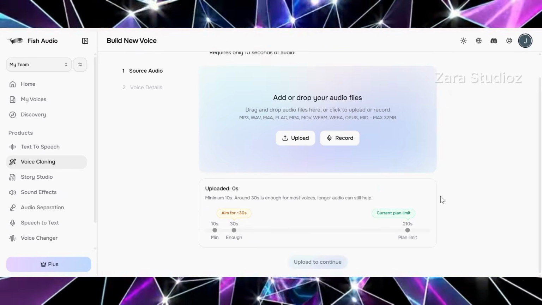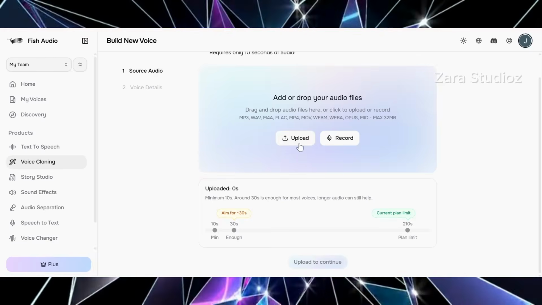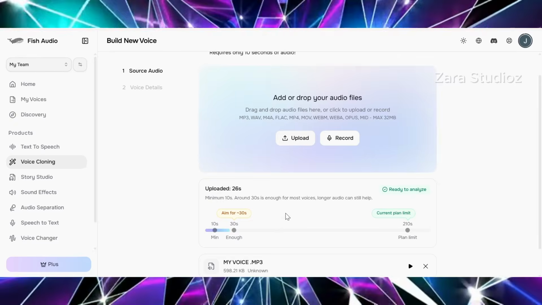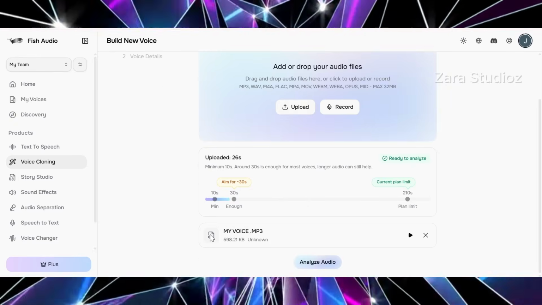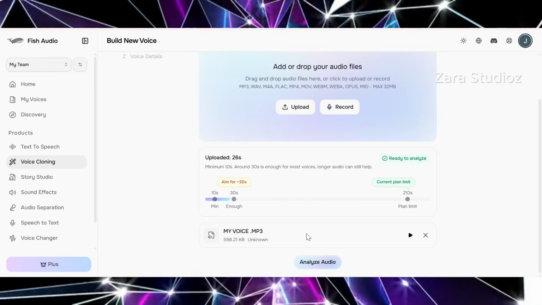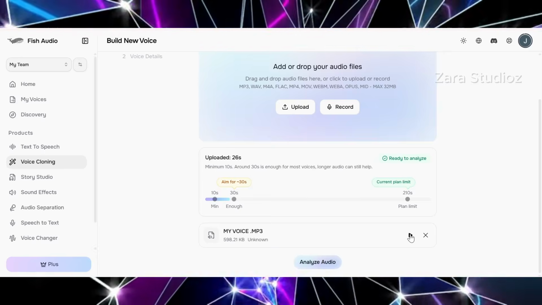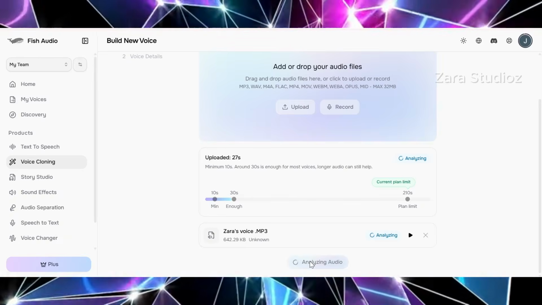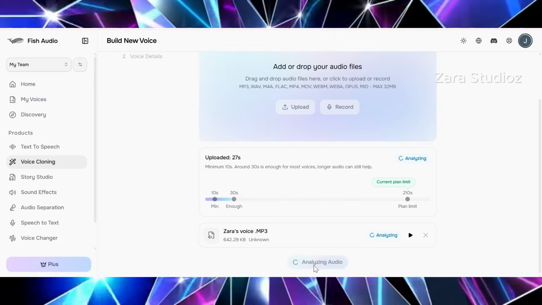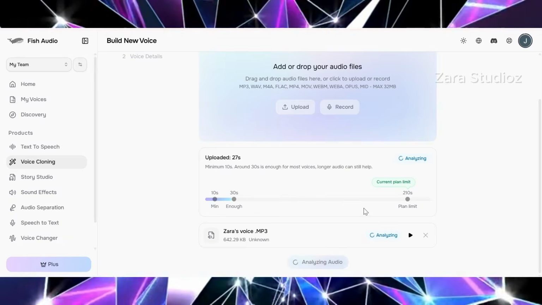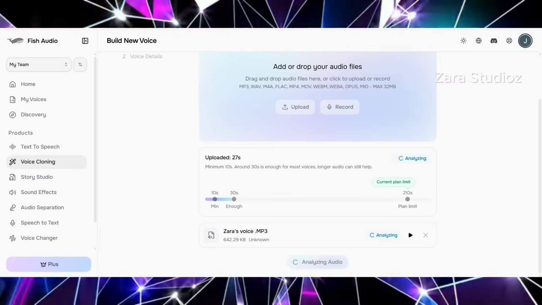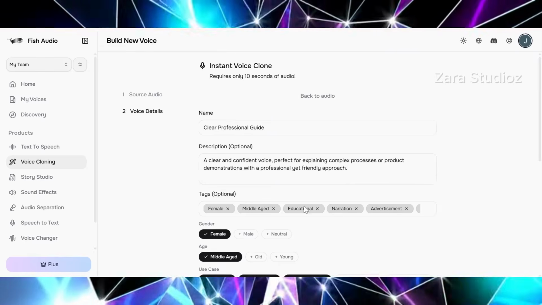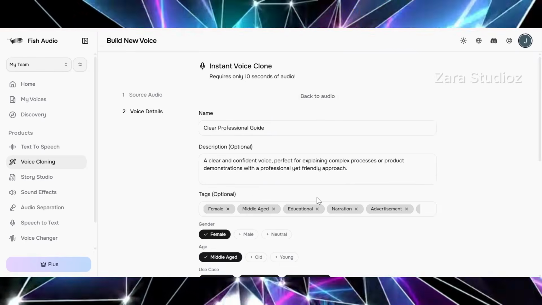But for me, I want to upload my voice. So I'm just going to click on this upload button right here. Select your voice. I'll select my voice, and once that is done, you can see the voice is added here. Play it to be sure that this is the exact one you want to add. Now click on analyze audio and it begins to analyze your voice. This just takes a couple of seconds. Once it's uploaded, now click on continue to details, and now it will give you a summary of what your